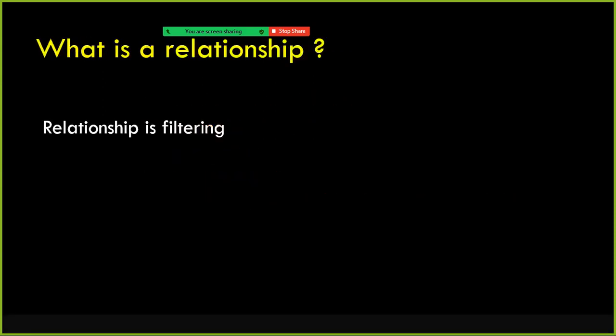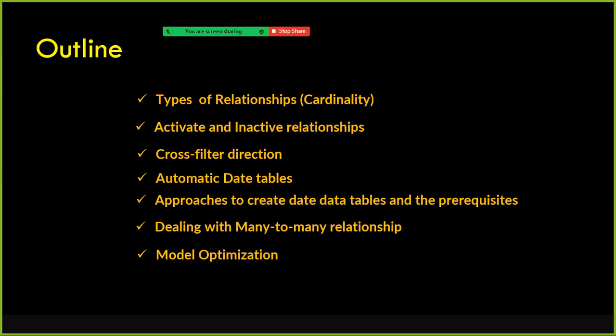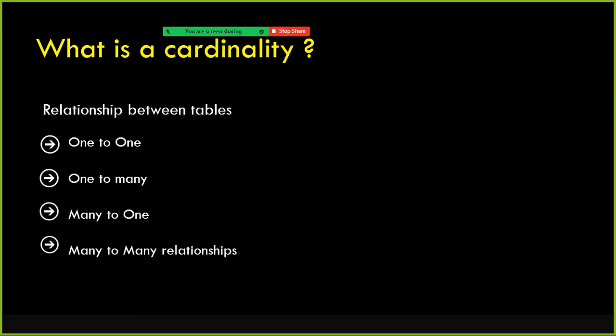So now we will understand. So far we understood, right? So I discussed about relationship. Relationship is nothing but filtering when it comes to Power BI. So the different types of relationships are there. The one is the one-to-one, and one-to-many, many-to-one, and the last one is many-to-many relationship. The example for one-to-one is a CEO can have only one office, an office can have only one CEO, and one-to-many is a customer can order more than one product, a product can be purchased by many customers, and many-to-one is